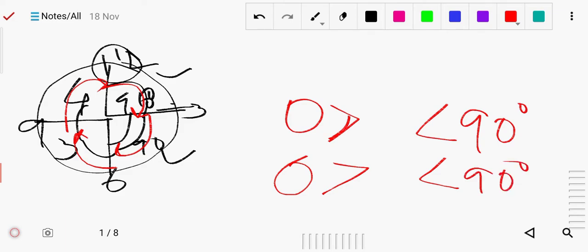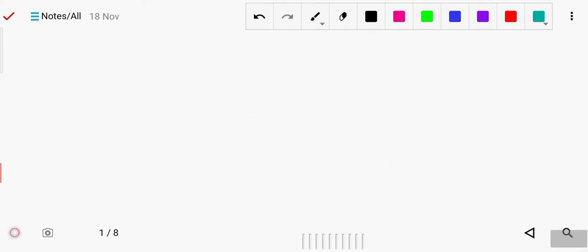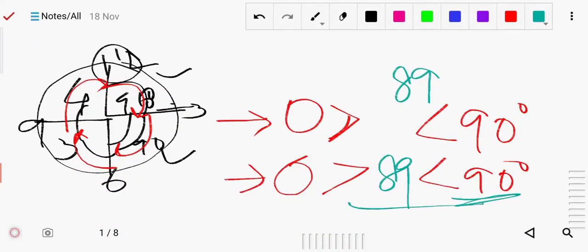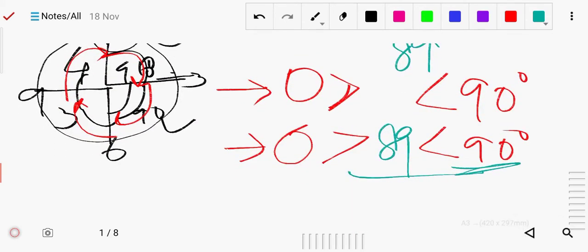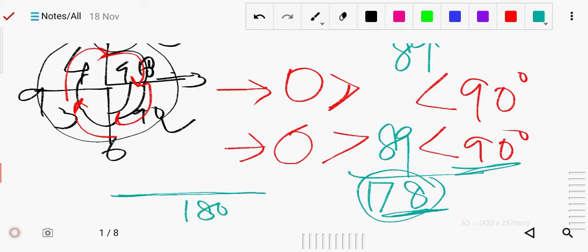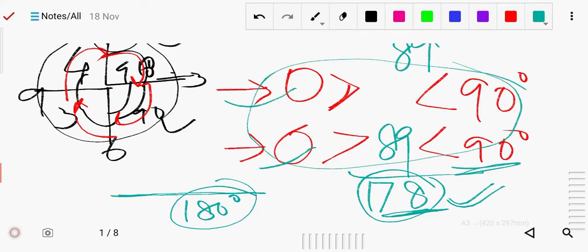Okay, let's see if it is a straight angle or not. Less than 90, I will take 89. Here also I take 89. So now 89 plus 89, two values we have. So add it, 9 plus 9 is 18, carry 1, 178. So is 178 a straight line? No, for being a straight line it should be 180 degrees, but we are getting 178. So if we put two acute angles together, we will not get a straight angle. Okay, so your answer is no.